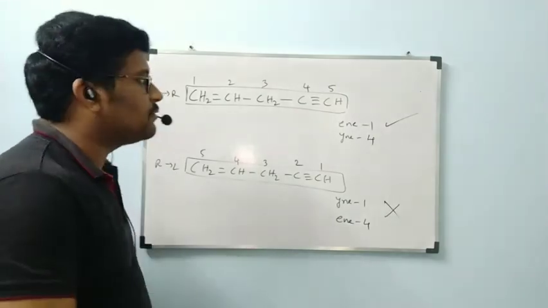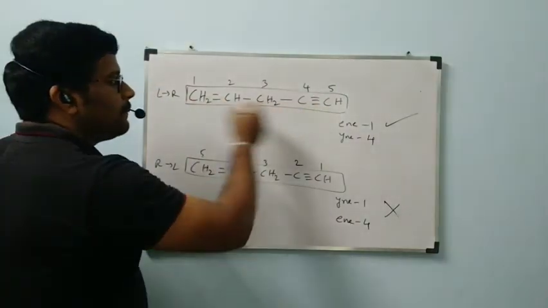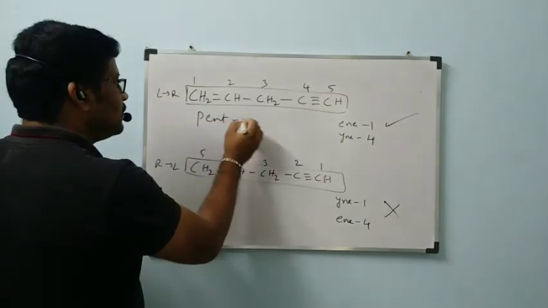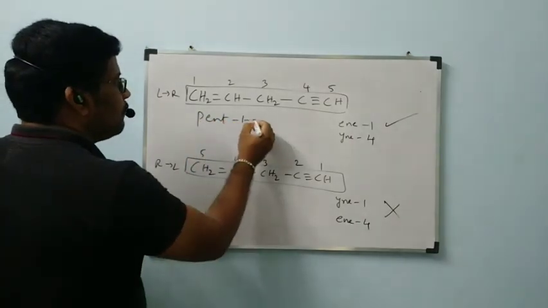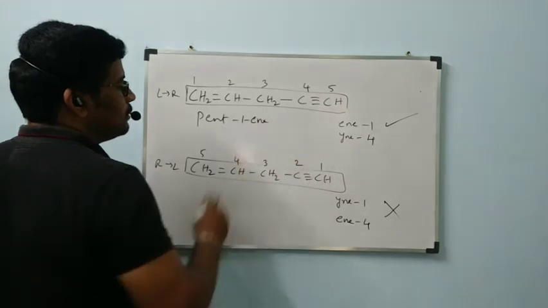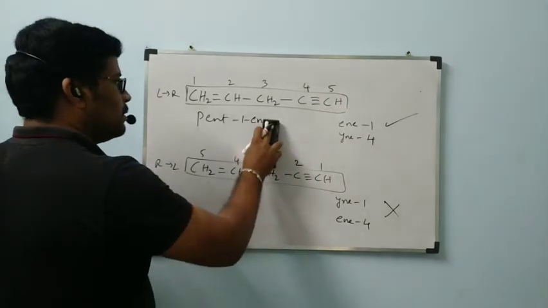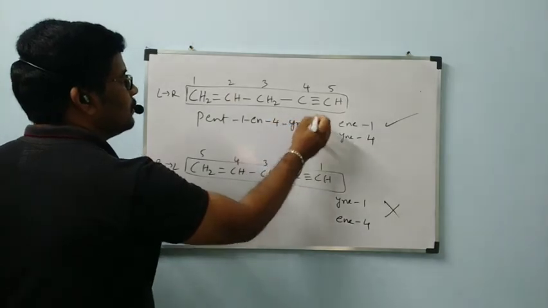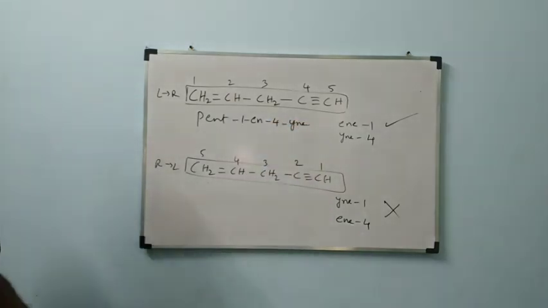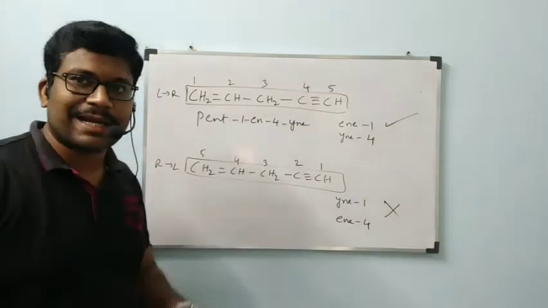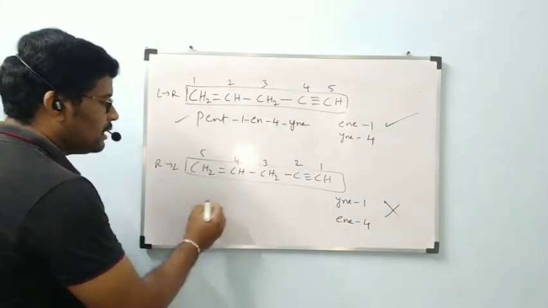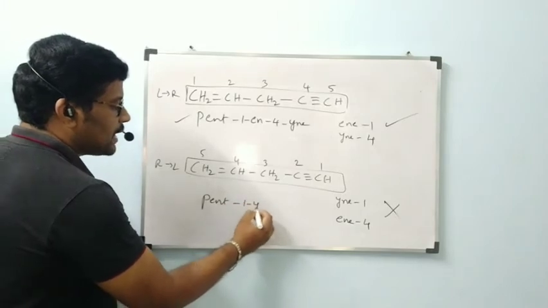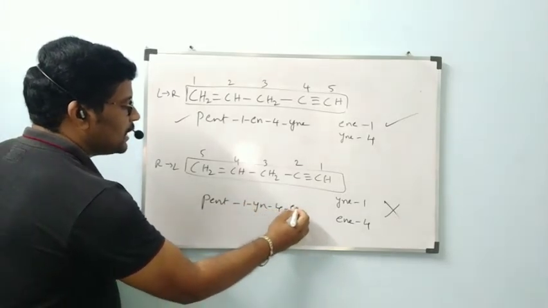Now the name of this compound will become: the parent chain contains how many carbons? 5 carbons. Pent-1-yne, 4-ene. Pent-1-yne-4-ene, that is the correct name. According to this, if you give the name pent-1-ene-4-yne,